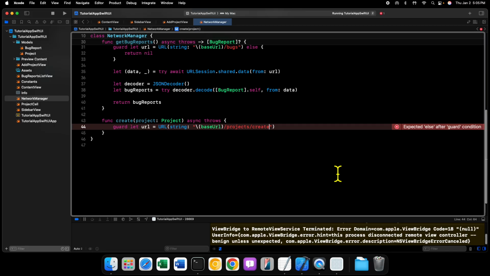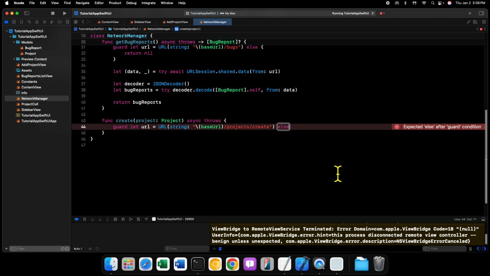The endpoint for creating new bugs is pretty much HTTP localhost 8080/API/bugs/create. To do projects, it's /projects/create along with everything in base URL. All right. So once we have that,